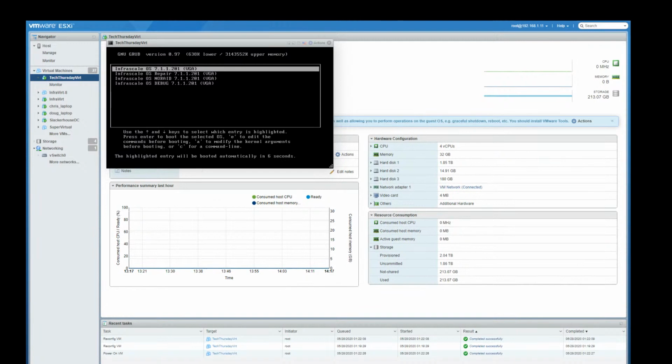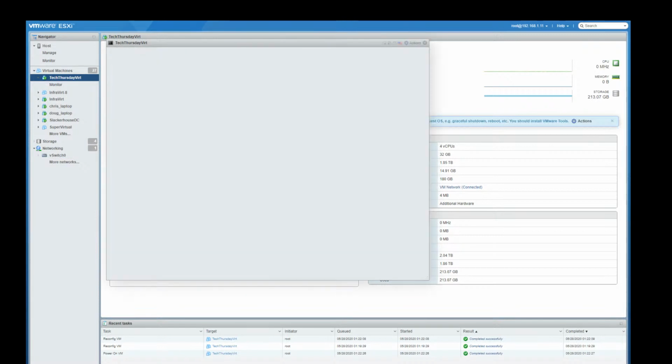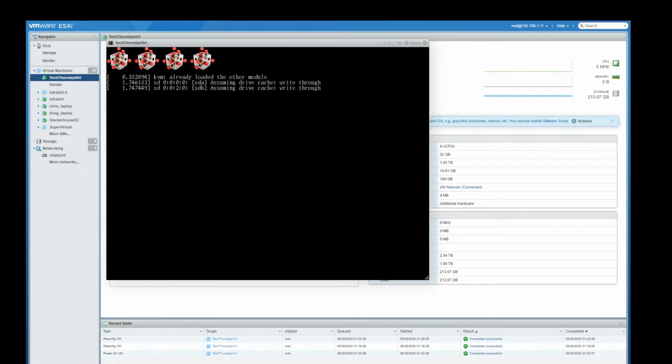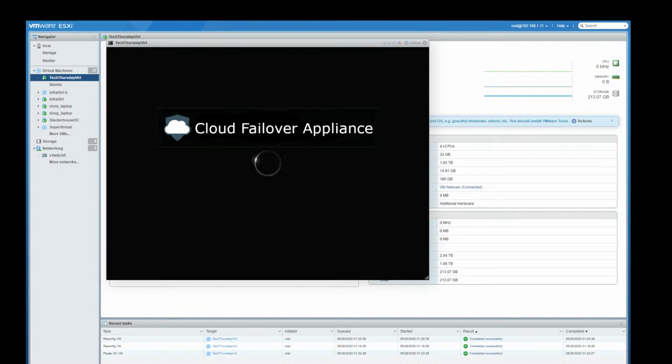Now let's go ahead and boot it up here. Now what this is going to do is it's going to boot up this virtual machine. Again, ahead of time we pre-configured how much RAM we wanted to give it, how many CPU cores we wanted to give it,